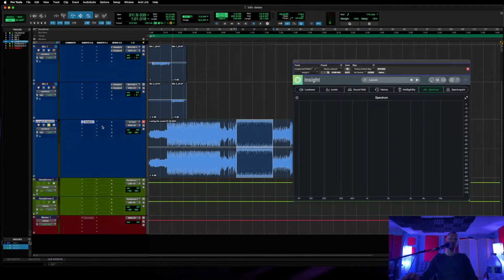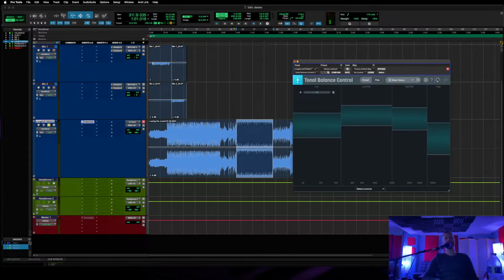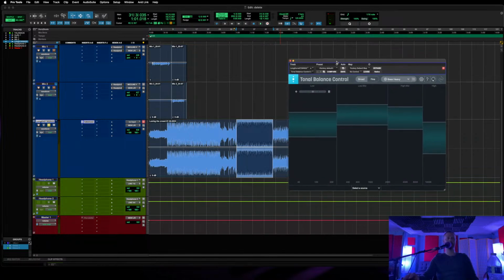One thing I will say, there's a plugin called Tonal Balance that I use from iZotope. I don't use it as much anymore. I really use a lot of reference tracks. If you don't use reference tracks, basically what that means is, say you're working on a beat or a song and you have another song that's similar to it that you really like, you basically